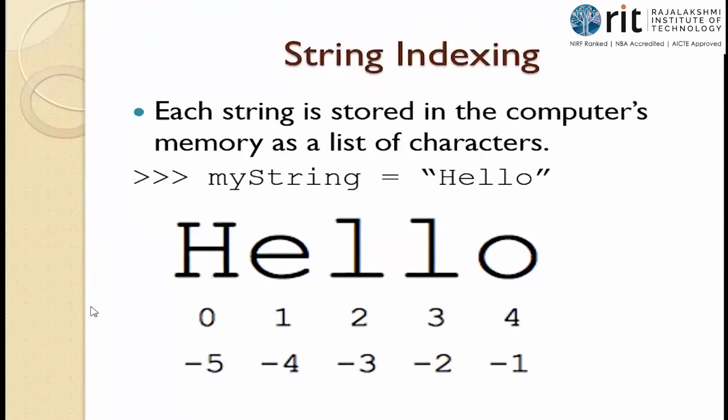Now, hello indexing. Usually we start from left and go towards right, isn't it? That will be the positive indexing. The index always starts with 0 for the positive indexing. So H is at the location or position or offset or index 0. These are the different terminologies: index, position, offset. So H is at index 0.